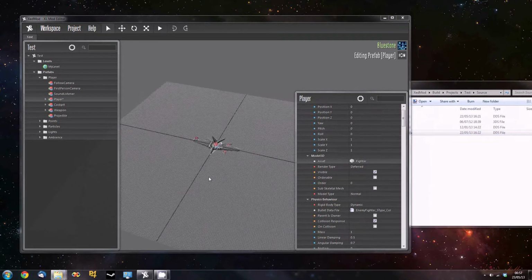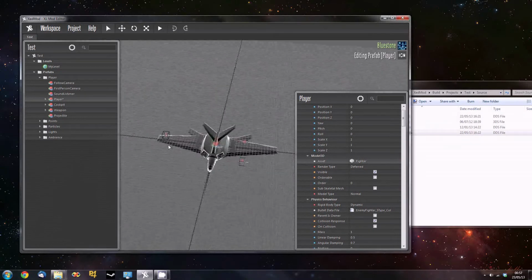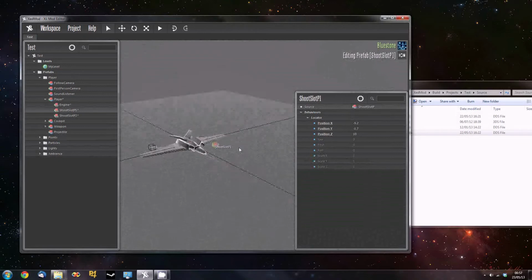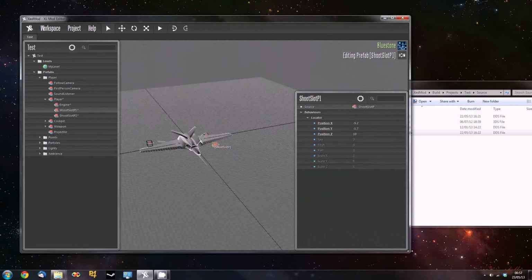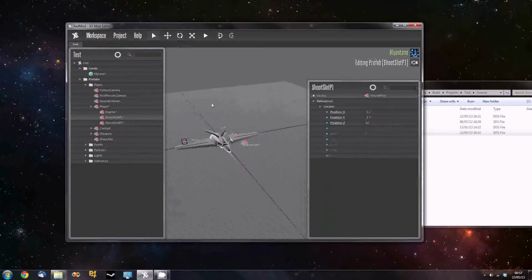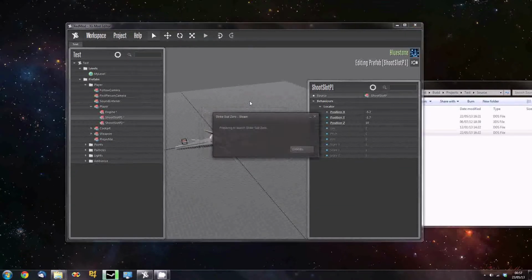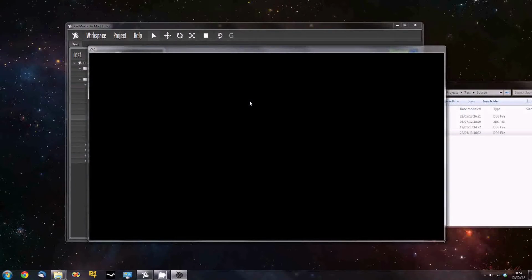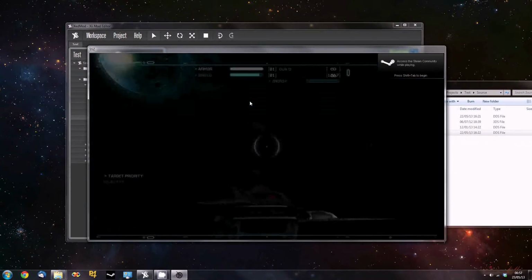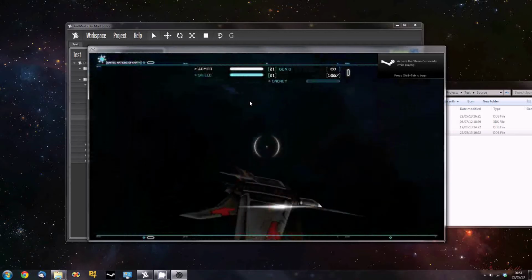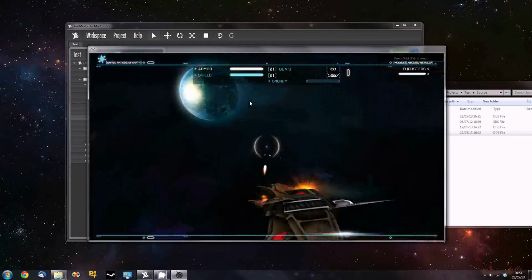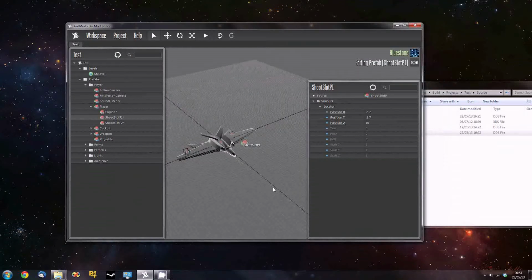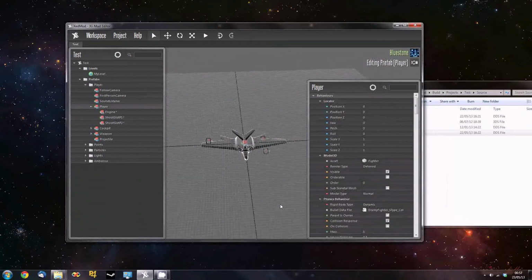Now it looks like this model is facing in the wrong direction, because we have the engine at the back here and here are the two chute slots at the front. But we'll test the level first just to make sure the model's loading correctly. I'm just going to push F6. And we have our model here, but it's currently flying sideways. So if I go back to XedMod and hit the run stop button,